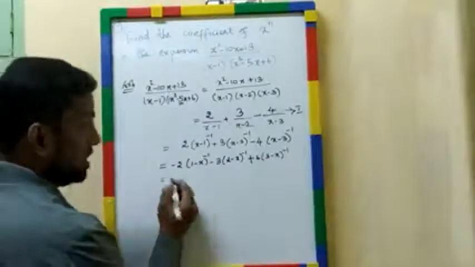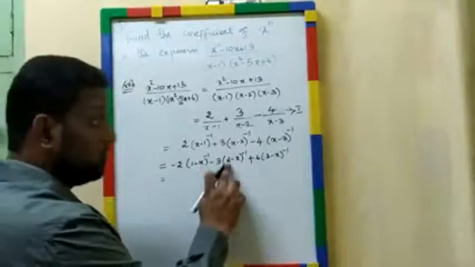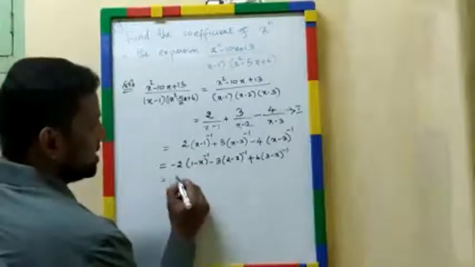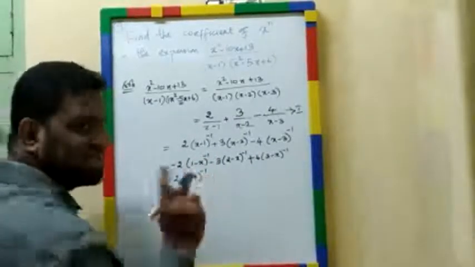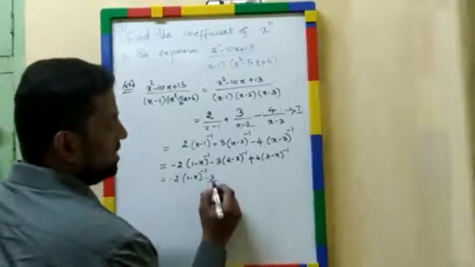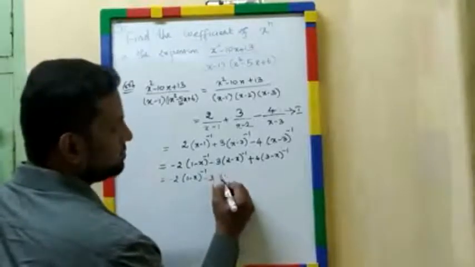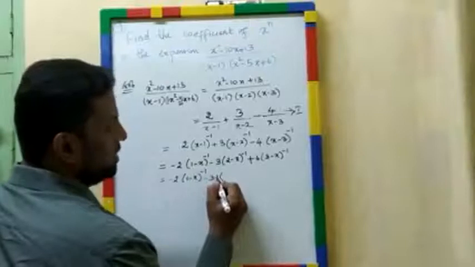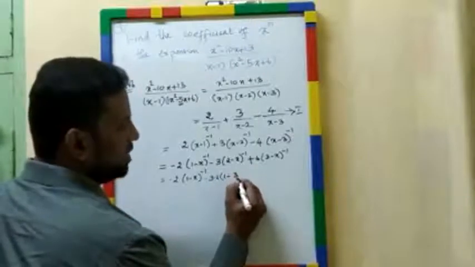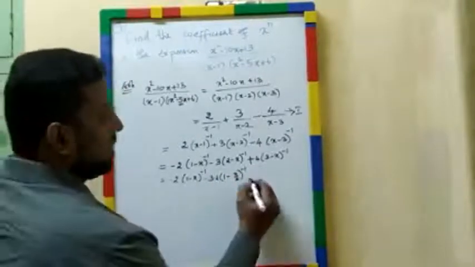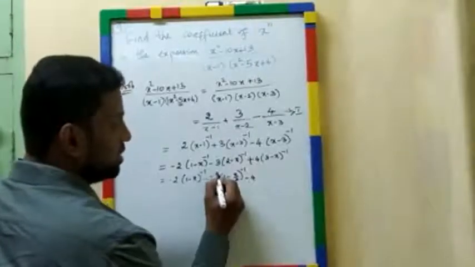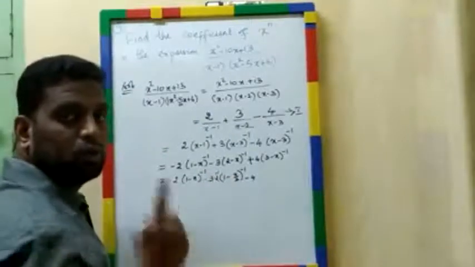Isn't it? Now there is a formula for 1 minus x, but not for 2 minus x, 3 minus x. I have to pull these 2 and 3 also. Isn't it? So minus 2, 1 minus x whole inverse keeping as it is. In the next step we will solve. Plus, minus 3 into, if we take 2 outside, what you will get? I take 2 common outside. If I take 2 common outside, what will I get? 1 minus x by 2 whole inverse, isn't it? Minus 4. But remember, if I pulled outside 2, there is power minus 1. So put your 2 power minus 1.